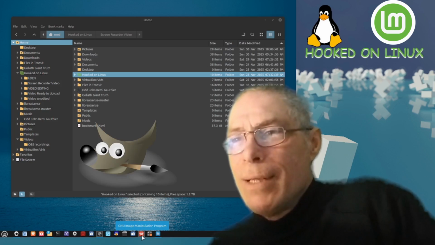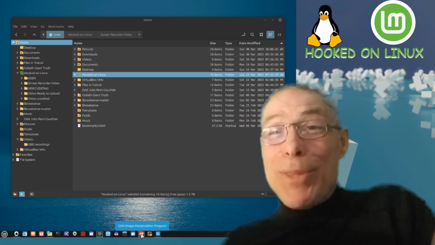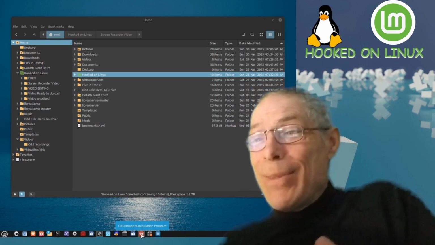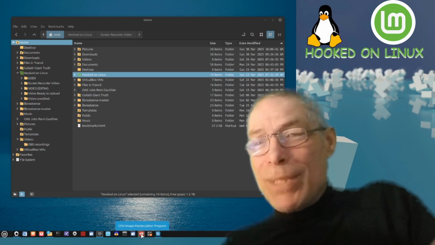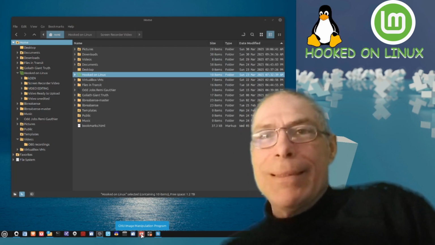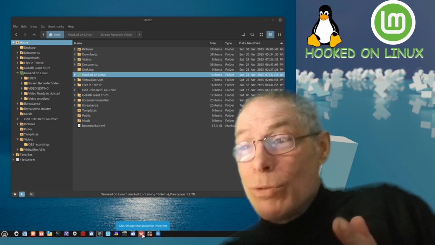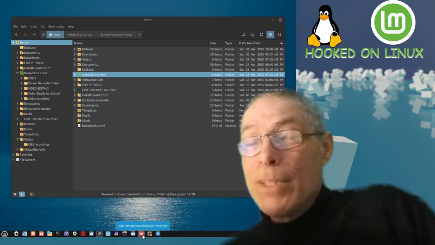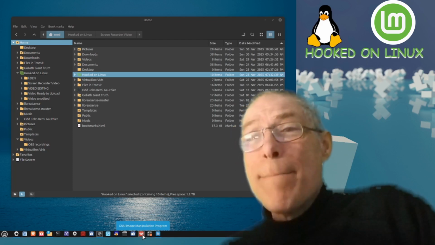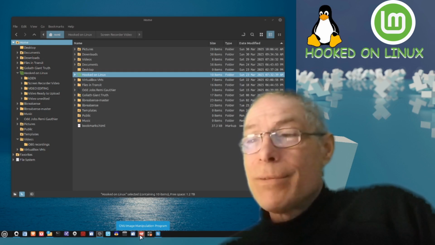GIMP, GNU Image Manipulation Program. This is how they name these things. They're constant acronym kind of things. So at least this one here kind of made sense. GIMP. There's nothing gimpy about it though. This is an absolutely amazing piece of free and open software.